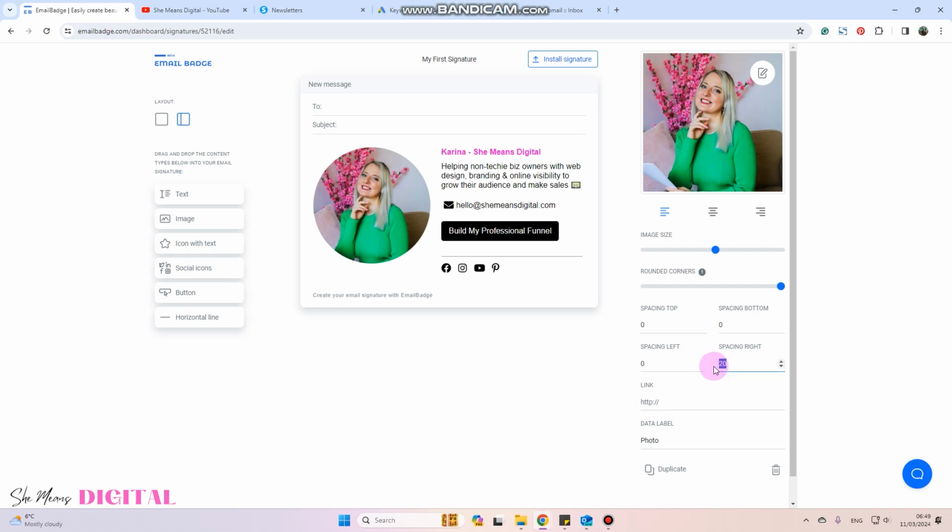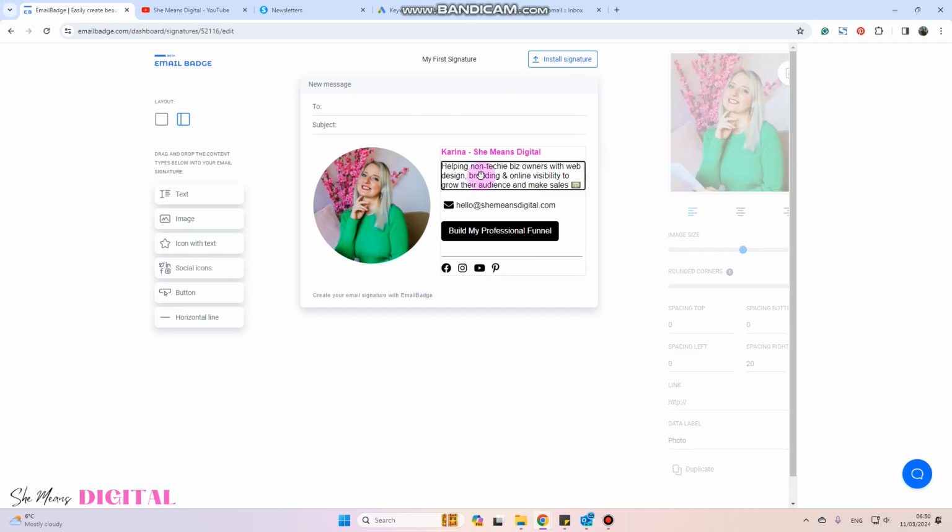Spacing, I put spacing to the right because otherwise you can see again it's like too close together. So spacing right, I know from the image takes 20. So then the image and the text is spaced out evenly, obviously photo, label, logo, and that's it then. Now if you're happy, but as a scale I don't want this, so I'm just gonna click here. Okay,